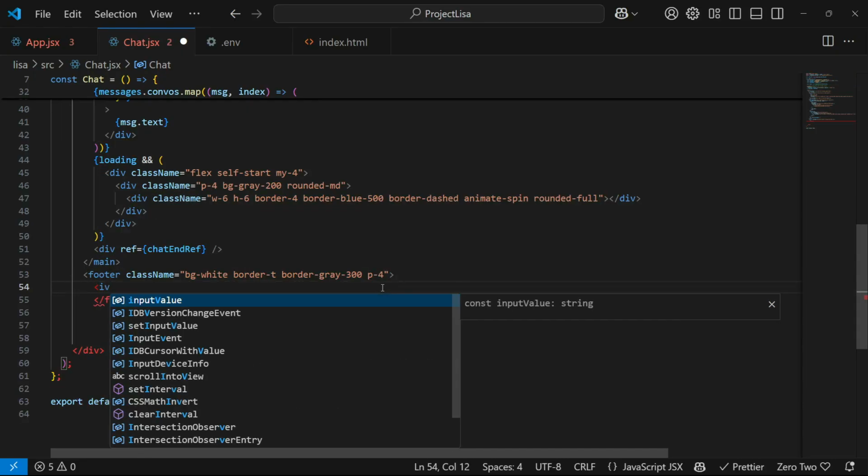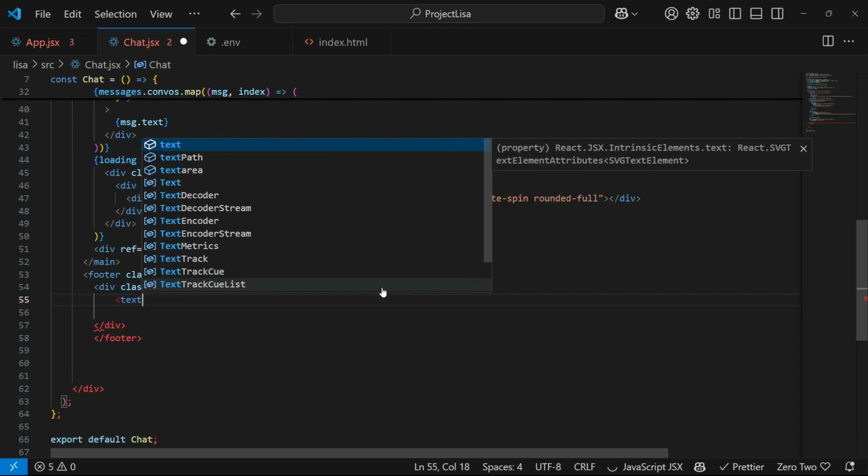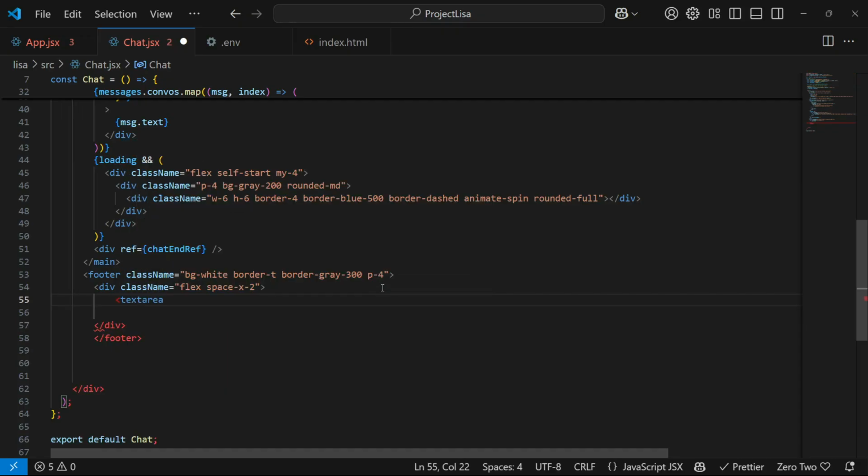Then let's create a div, and close the div, and this div will have styling like flex and space x4, or let's say 2. Okay, then we will have the text area. We'll close the text area, and this text area will have a couple of